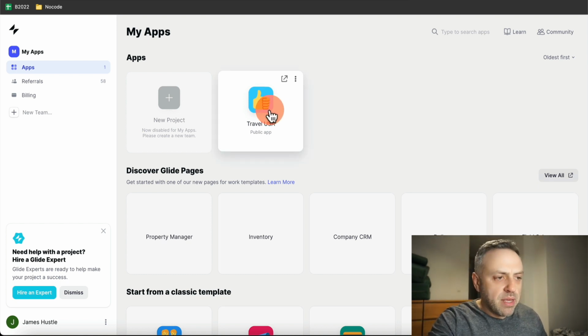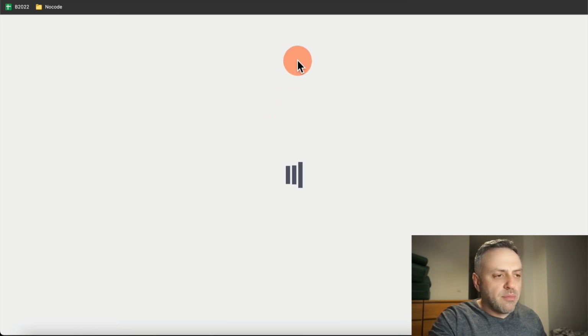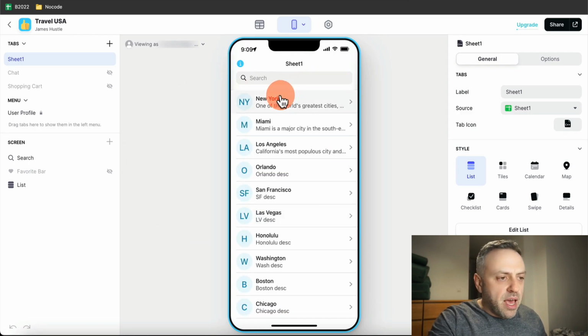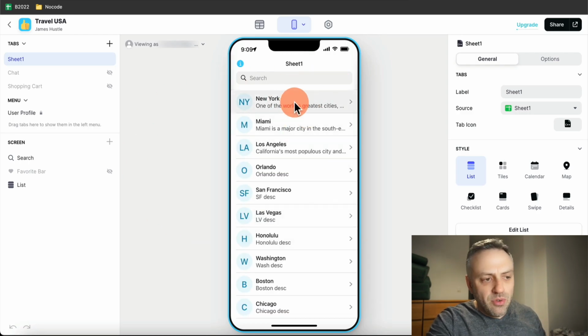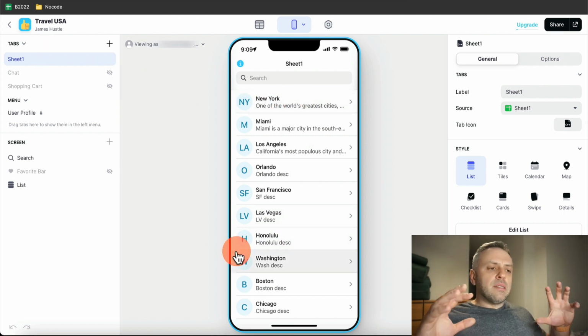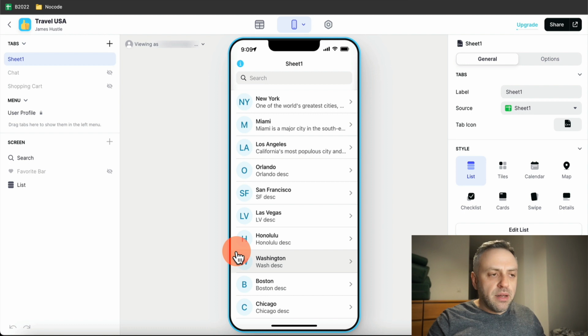What I mean by that is that I have here a sample app. If I open this app, you're going to see exactly what's happening here. And so here's my app. I have a bunch of cities with their descriptions. You can design. There's a lot more functionality here for designing, but there's not a lot of logic things that